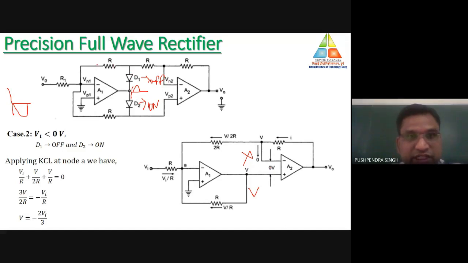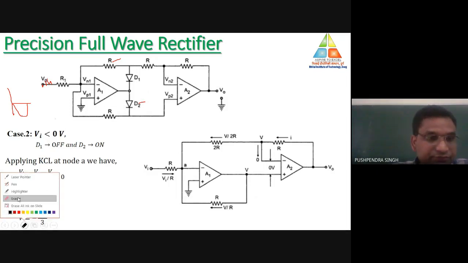When it is in off condition, these resistances R and R will be in series. That's why it is 2R. Now with this 2R, the feedback resistance R is connected, this one. From this terminal it is V. From this terminal R1 is connected, this R. Then from here resistance R and R is connected to this positive. So this is the connection diagram after case number 2.